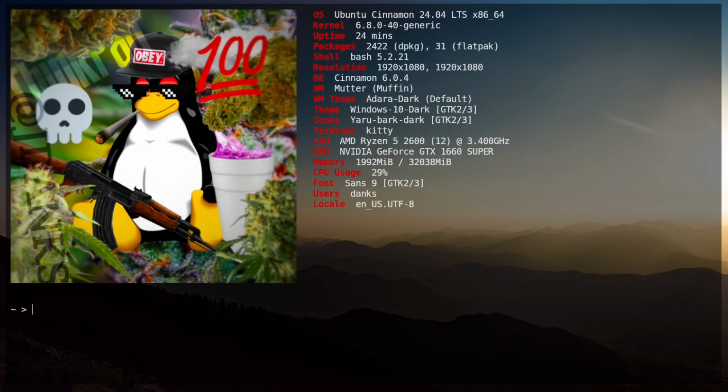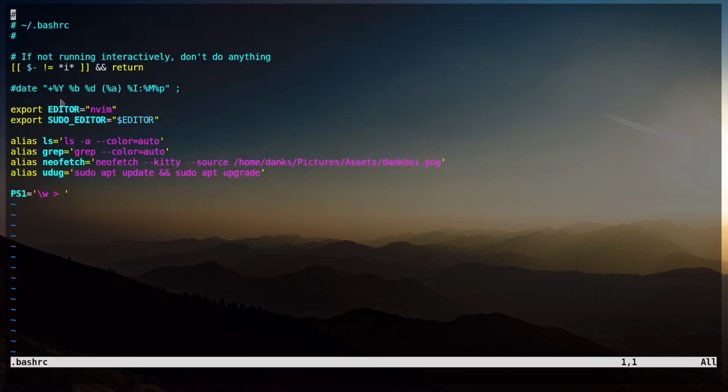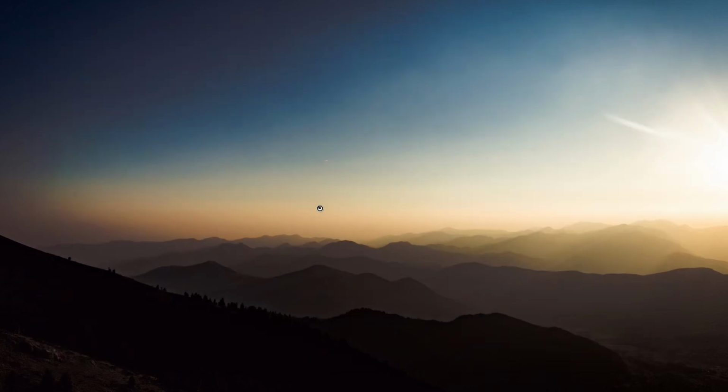Oh yeah, I did set up my custom fetch too, which is really easy. If you see in my bashrc file, I have an alias set up for neofetch, and it runs this command: neofetch --kitty --source, and then the path to the picture. And if you look up in the kitty documentation,